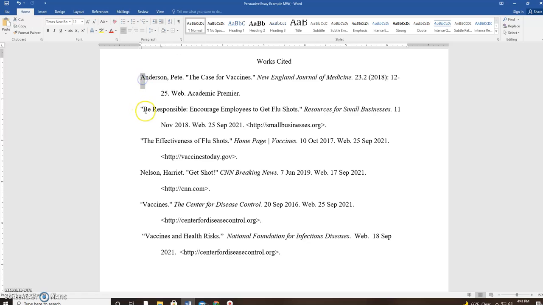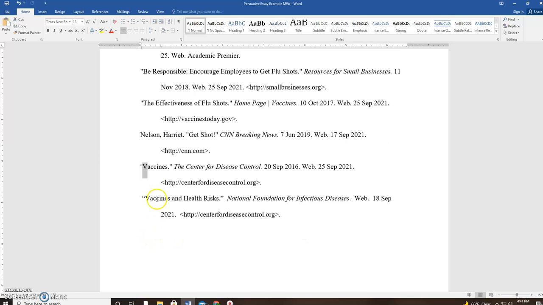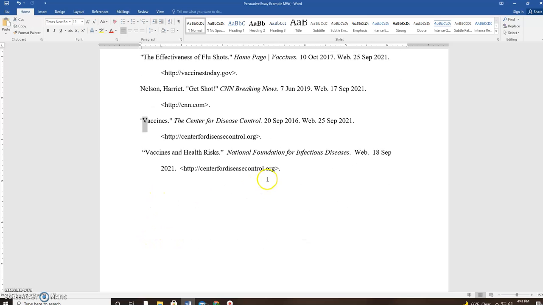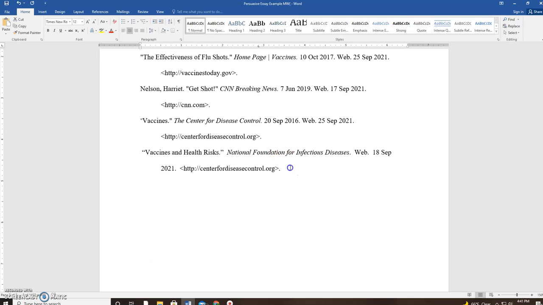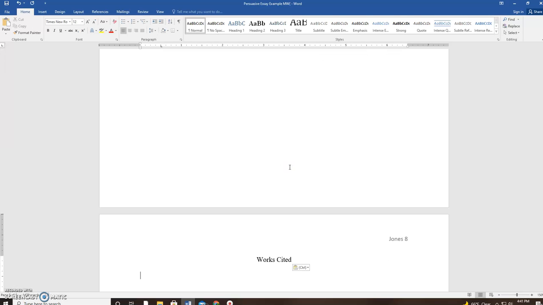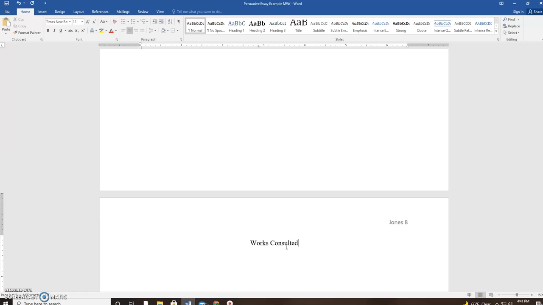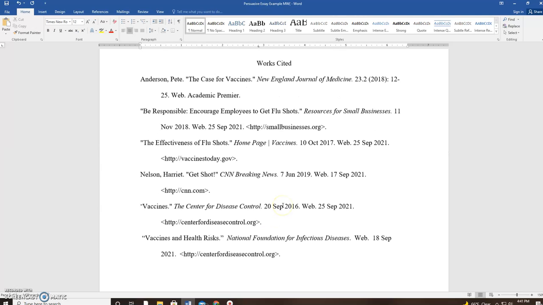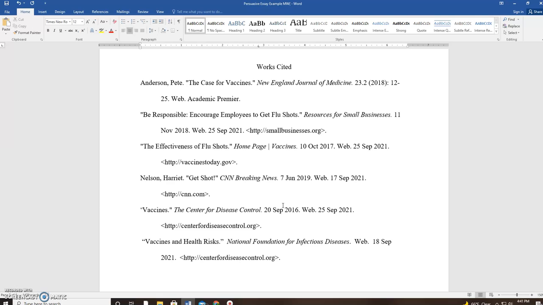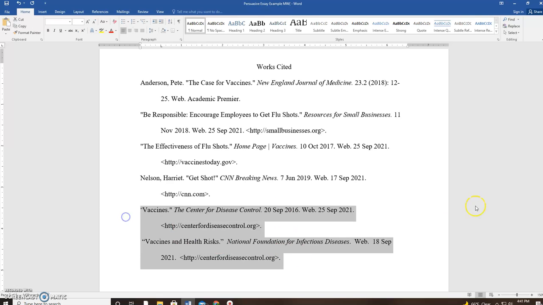Notice the list is alphabetical order by the first word typed. In this case, A, B, E, N, V, and V. Now, it is possible for you to have an additional page that's sometimes called the Works Consulted page. Let's just say, for instance, you got all these sources, but you didn't use these two